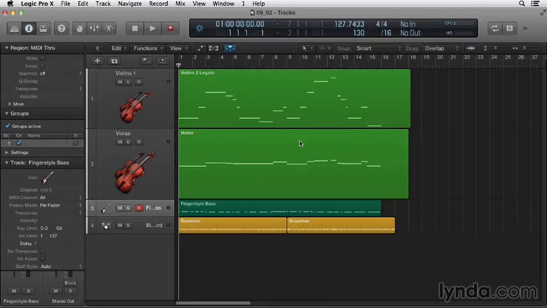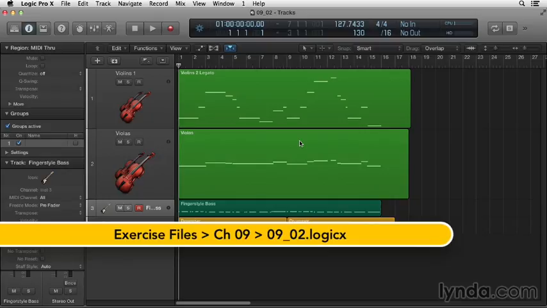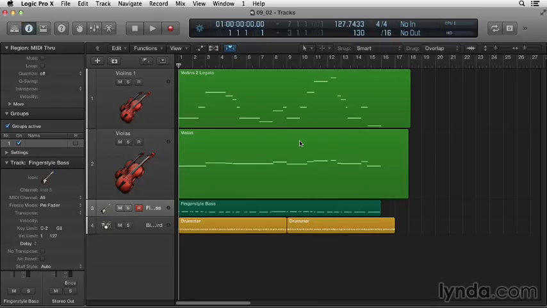One of the most powerful features of the score editor is that it allows you to compose multi-instrumental parts as MIDI and then prepare them for musicians in a recording session. In this movie, we'll learn how to take a MIDI composition of a string part and transcribe it successfully in